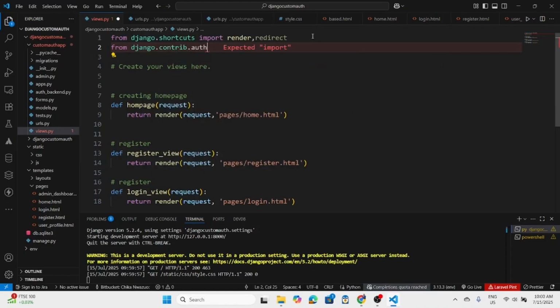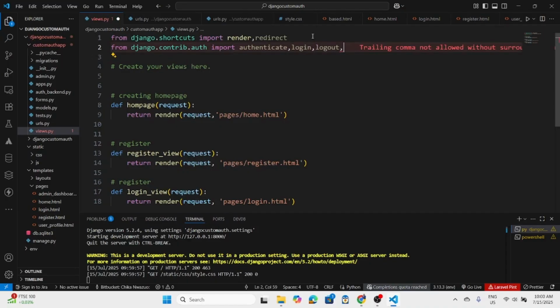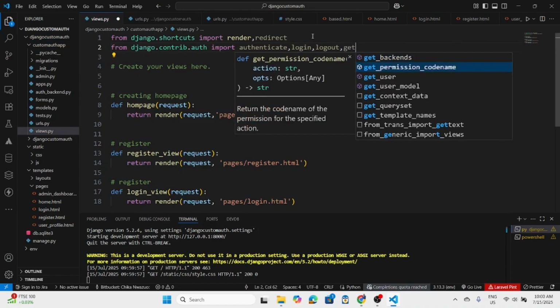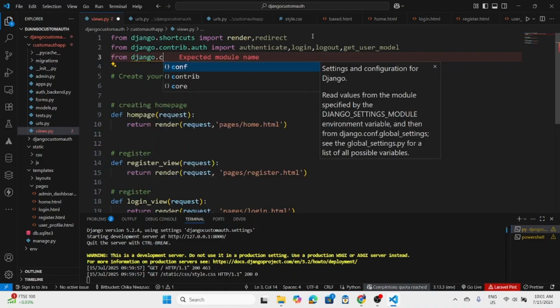auth, import authenticate, okay, login, logout, okay. We also need get user model. We may not really use it, but for now, let us import it in case we need it. For protecting of our dashboard, which we are not going to do now, we are also going to say from the Django dot